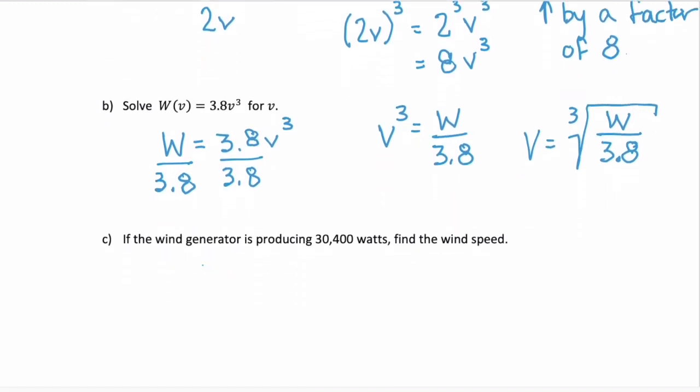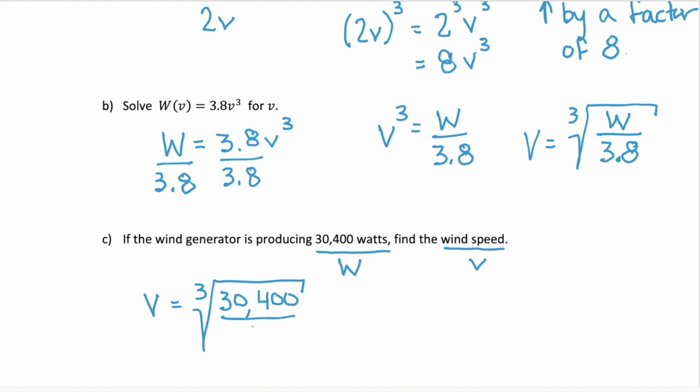Part C says if the wind generator is producing 30,400 watts, find the wind speed. Well, 30,400 watts is our variable W, and the wind speed is V. If we want to find V, we want to use this new equation, the one that we just rewrote in terms of V. So V will equal the cube root of